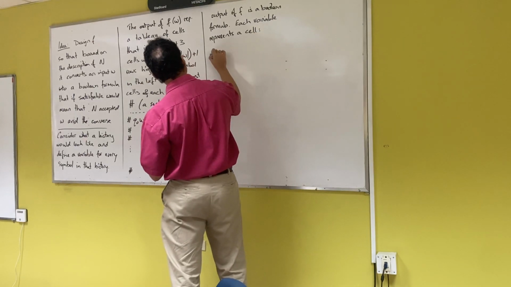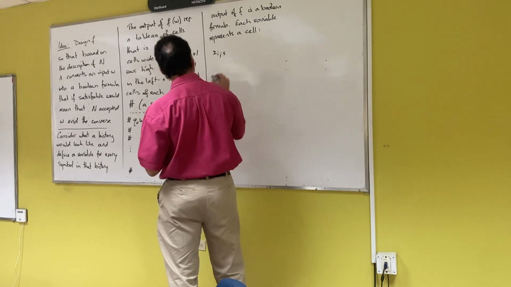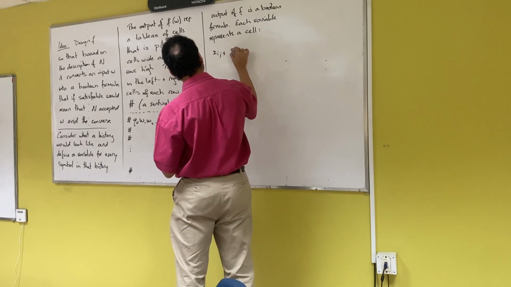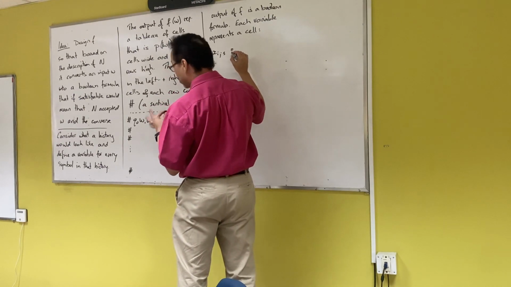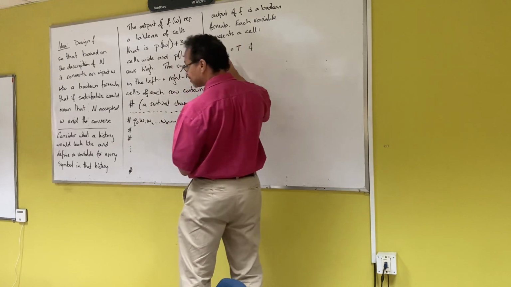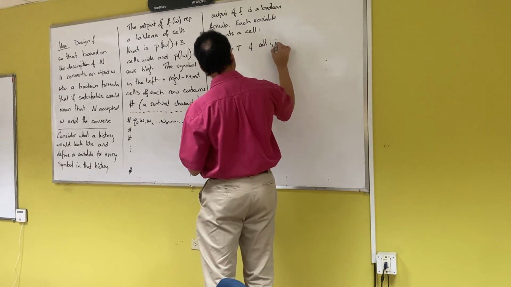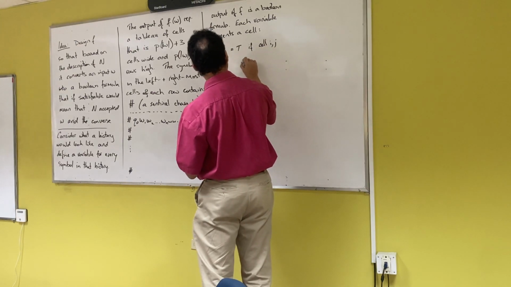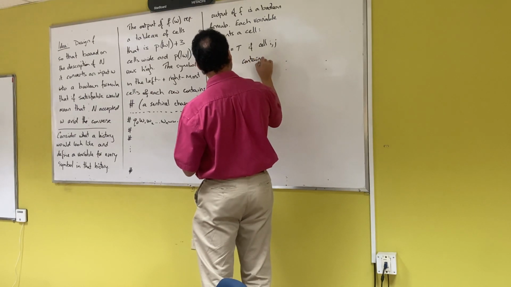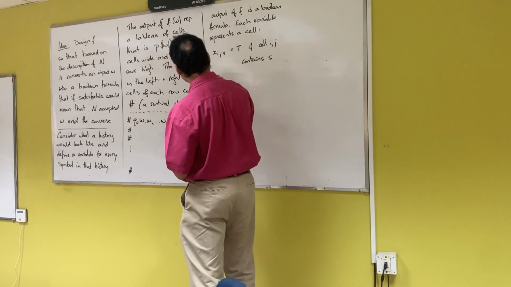It's going to be like this: X i, j, s. If this is equal to 1, if this is true, it means that cell ij contains s, for some s